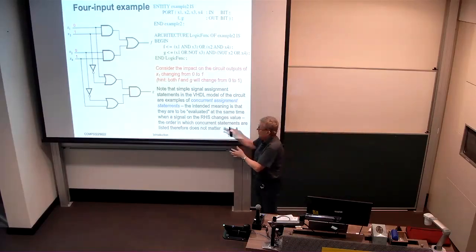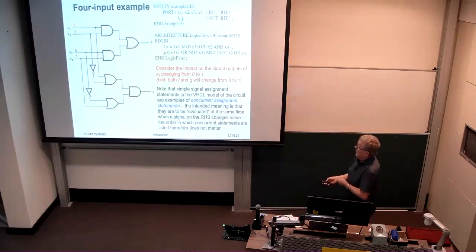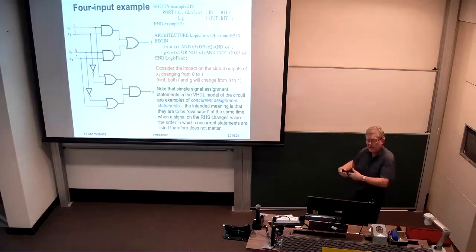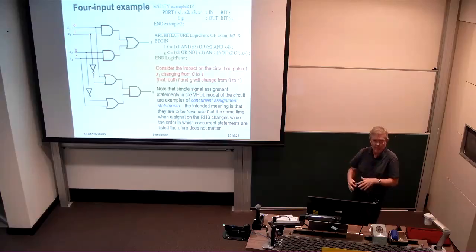within which things happen. What we're describing here is the functional output. Whenever there's a change in one of the signals on the right-hand side, the implication is that that signal has to be re-evaluated. That output has to be re-evaluated. But that's not done by the compiler or anything like that. It's done by the hardware that this description is describing. So we've got to go through that process of synthesizing the circuit first before that becomes true.